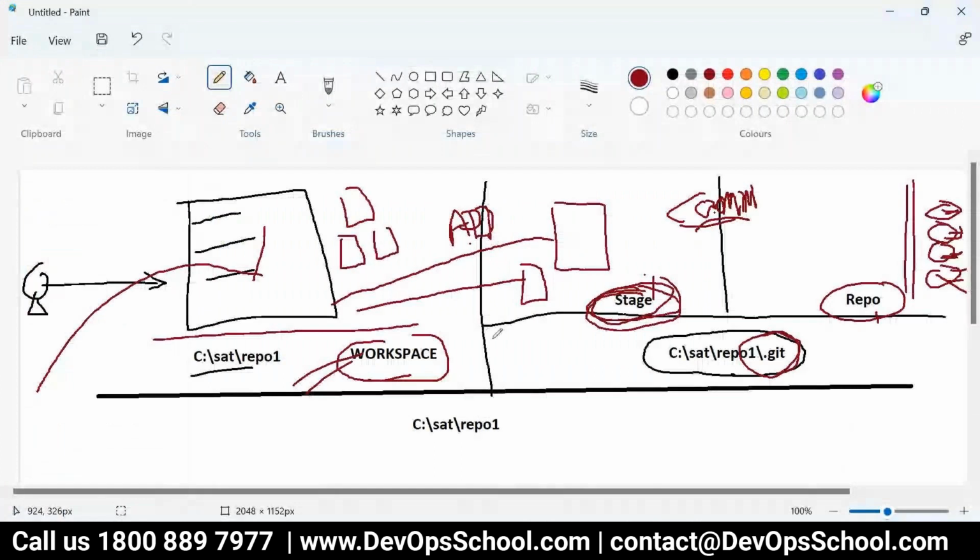But if I wanted to see whether my code is in staging or in the repo, is there any demarcation I can see?